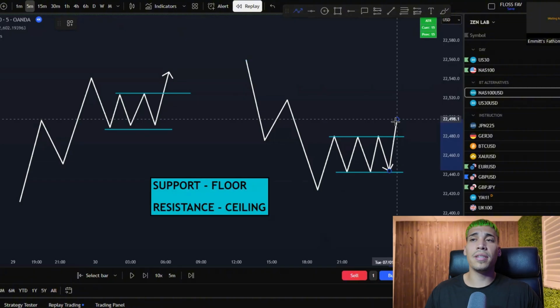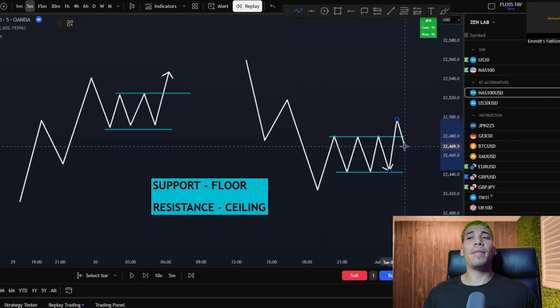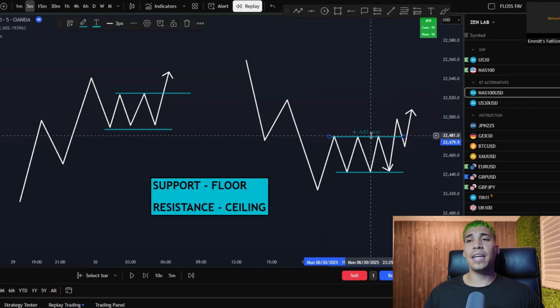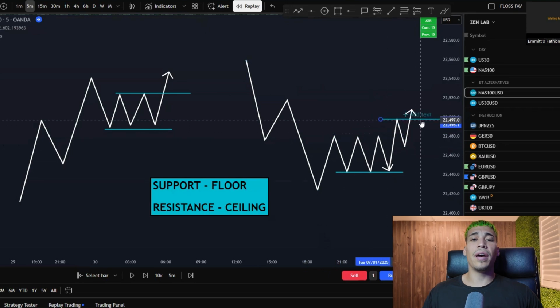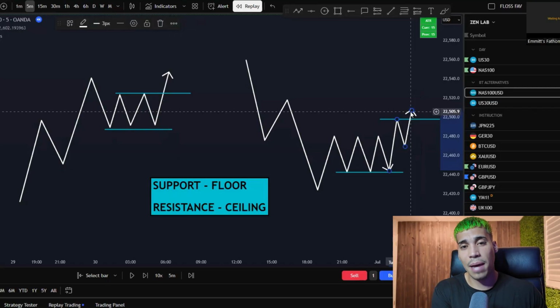More often than not, price is going to break above and then push directly back into the range. And then from that point, if price pushes back above highs, that's a good indication price is going to continue higher, so we'll take that trade. Okay, that is all we're doing every single day: finding that trend, going to the exact same time every day, and then executing based off of that bias. So let me show you what that looks like on the actual